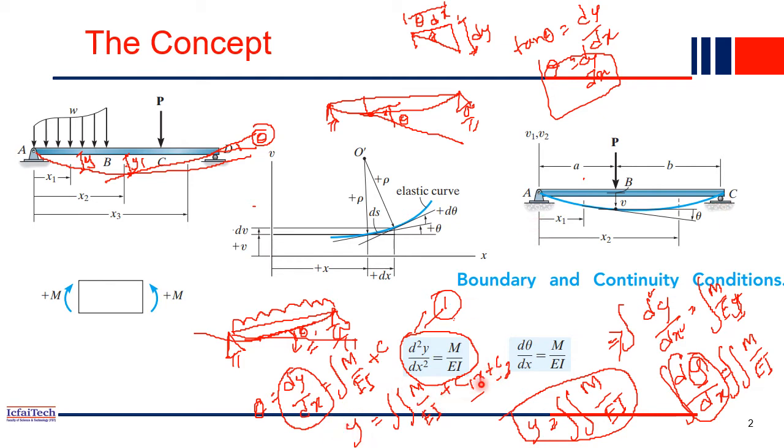So from here you get one equation, and another equation you will get from this: at x equal to L, the total distance, what is y? y is also equal to 0. So plug in both the values in this equation and you will get another equation. From these two equations, you can easily compute the values of C1 and C2. And your computation of theta, the slope, and deflection is complete.